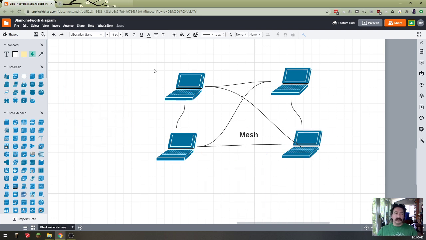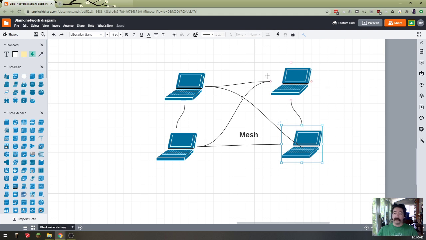So mesh networks aren't usually used in wired environments. This works much better in small wireless environments. There are some wireless sound packages out there by Sonos that do mesh networking. And the beauty of mesh is that it can keep everything really tightly in sync. So if this laptop and this laptop and this laptop are all trying to play music at exactly the same